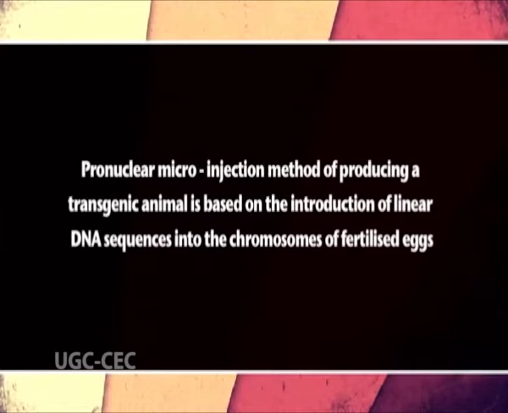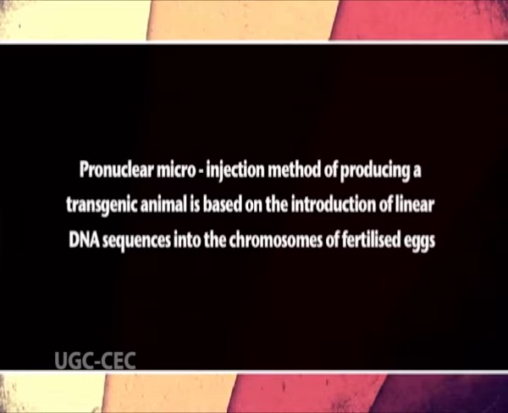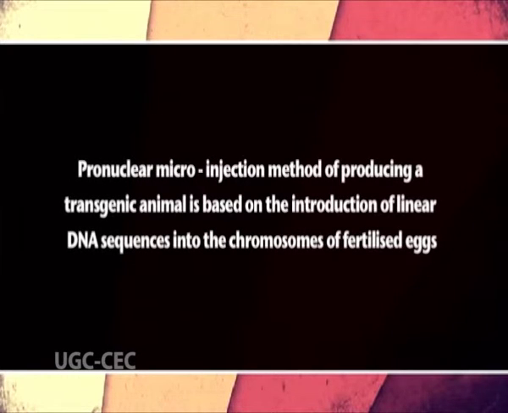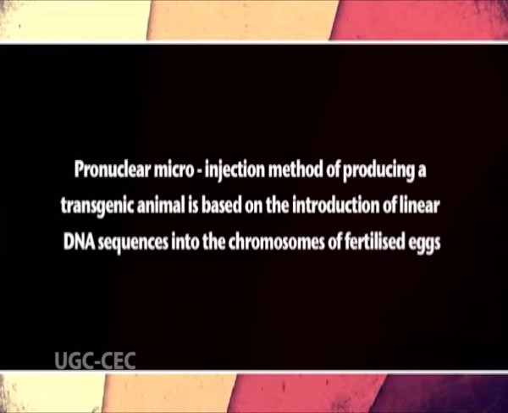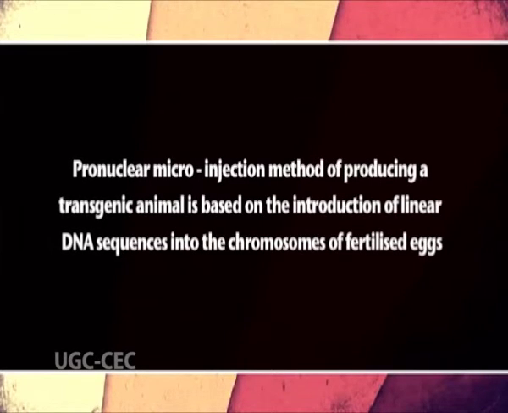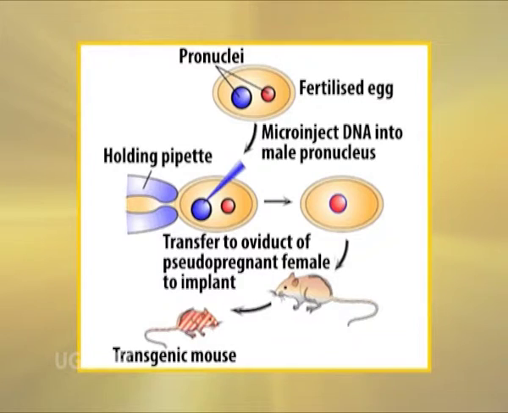The pronuclear microinjection method of producing a transgenic animal is based on the introduction of linear DNA sequences into the chromosomes of fertilized eggs. The foreign DNA must be integrated into the genome prior to doubling of genetic material that precedes the first cleavage in order for the animal to be born with a copy of this new information in